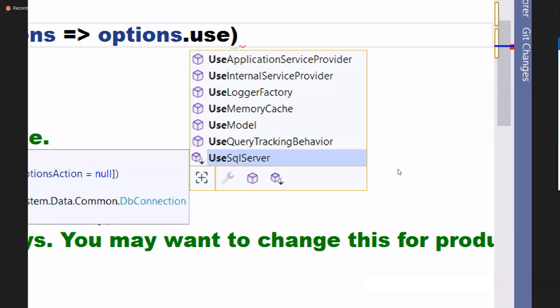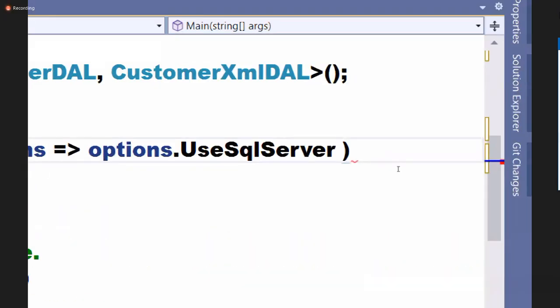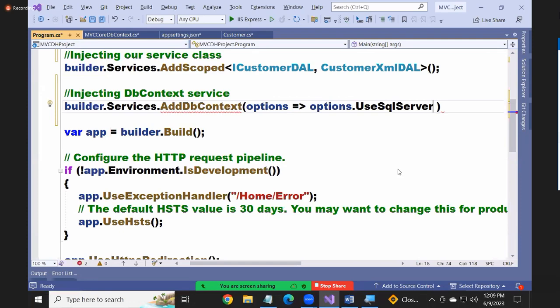Now I'm telling Z what to use. Use which data source? SQL Server. Use the SQL Server. And for this, I require to pass the connection string. Here I should pass the connection string. How? See,